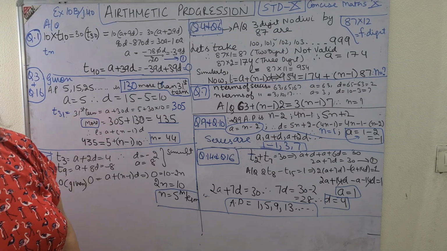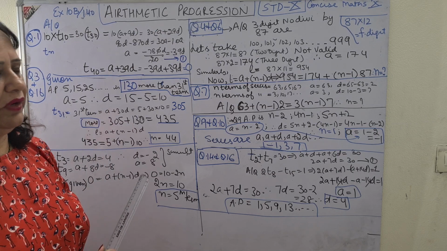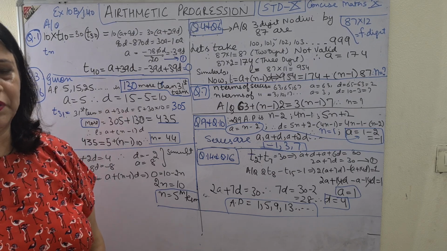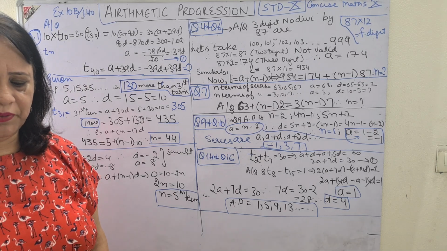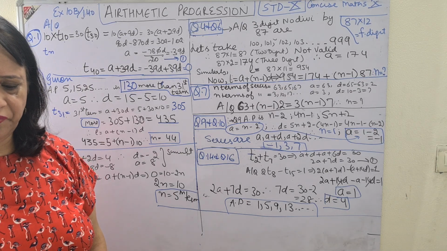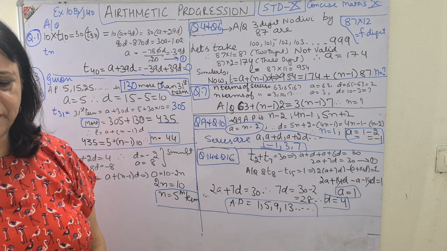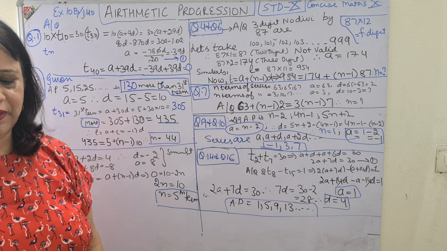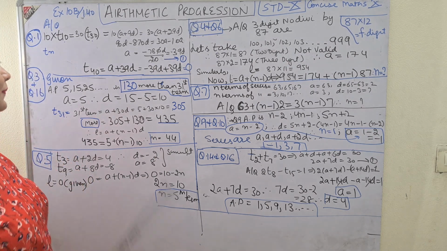Coming to question number 3 and 16 first. 3 and 16 are same. I have written this because if I do one type of that question, you will be able to do the other one. Third I have done, 16 you will do yourself. Question number 3: Which term of AP 5, 15, 25 will be 130 more than 31st term? Please underline that: 130 more than 31st term. A new language but a very easy one.